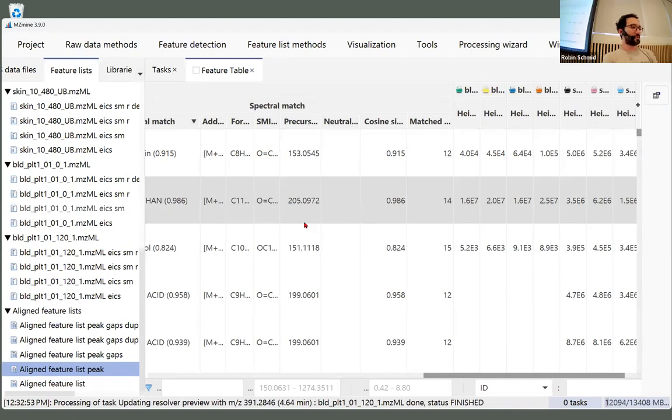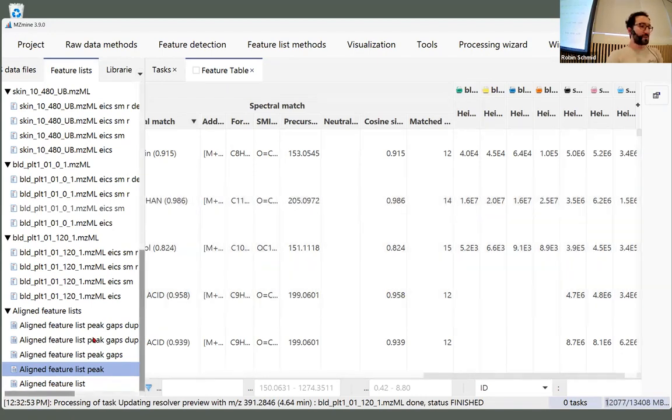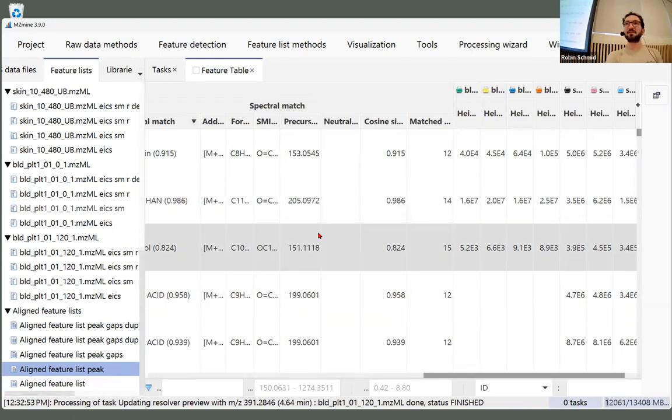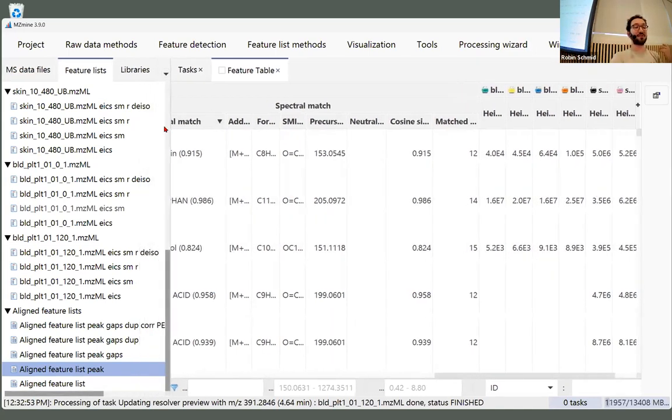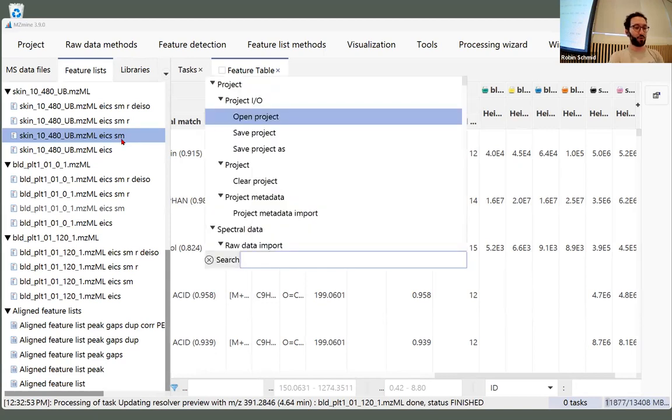Otherwise, just tell us. So the last thing that we ended with, and before we go on to giving you some tools that you can use for this like data exploration in the different groups, is that we were discussing how to actually optimize the resolving step, right? And I just told you that with double shift or control F,